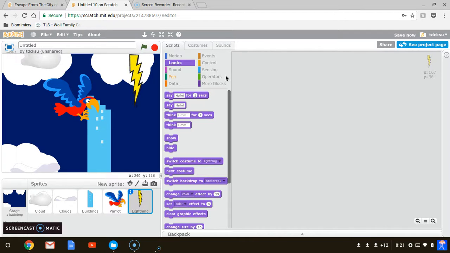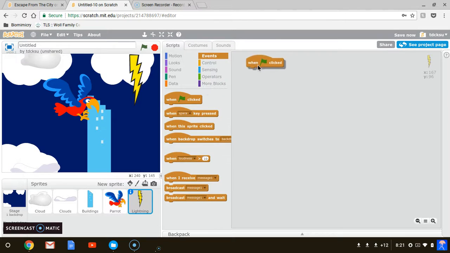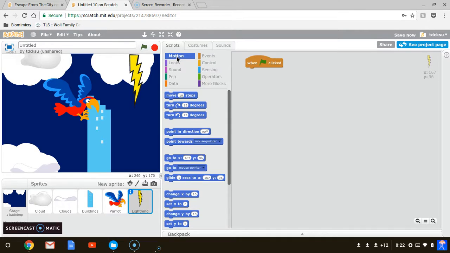So first we have our lightning. We're going to go to the Events tab. We're going to get the When Clicked button. As we mentioned before, we want to set our lightning to a certain position, and we're going to set ours on the y-axis. We'll set y because we want it to be up and down. We'll just say 180. And then we're going to have it move around. So we'll have it set X to,